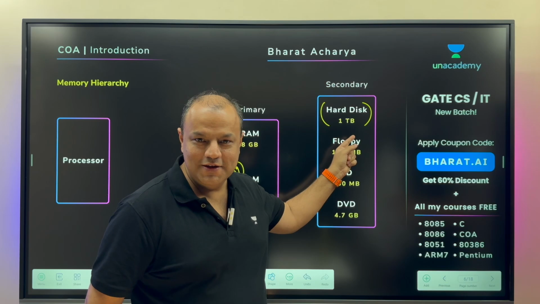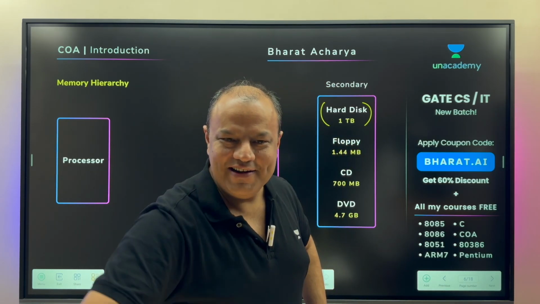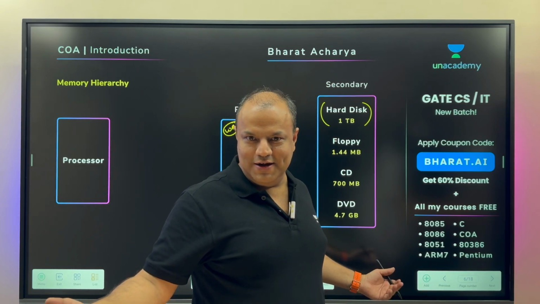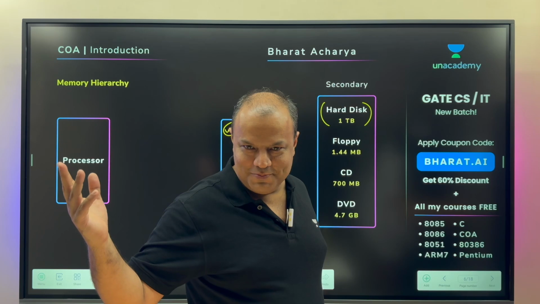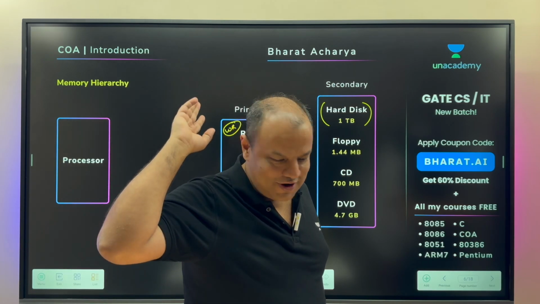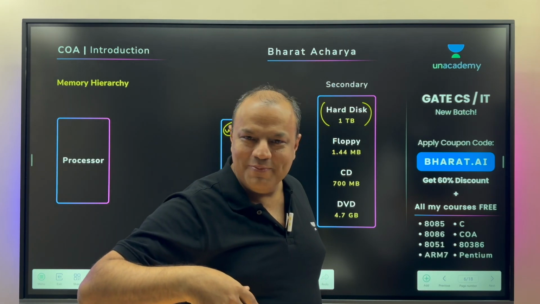Hard disk, pay attention, has both of these properties. Hard disk is writable. Am I correct? You write new things in your hard disk every day. At the same time, it's non-volatile. You switch off your computer, lock your room, go for a holiday, come back after weeks, probably months, you have a beautiful life, and you come back.